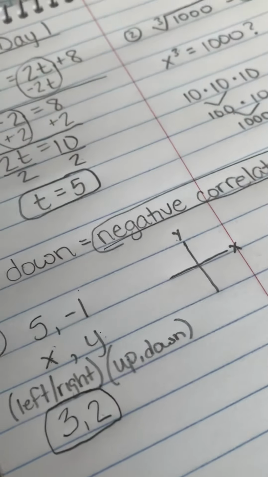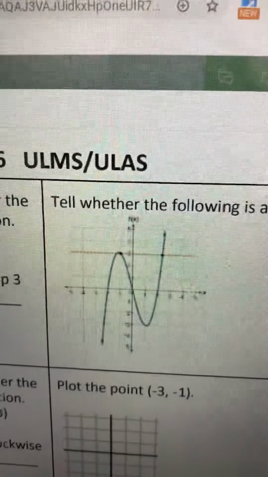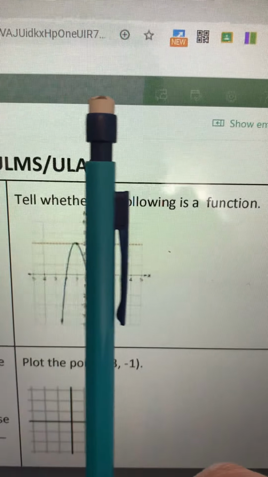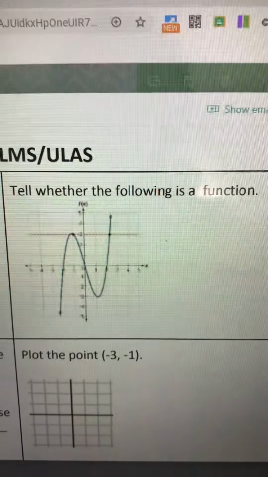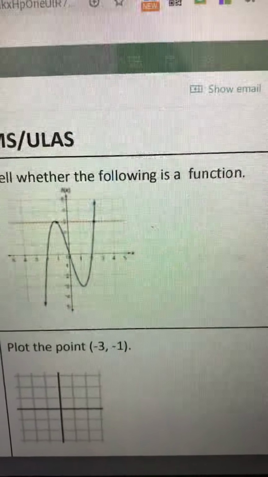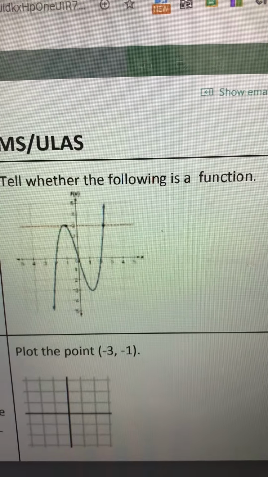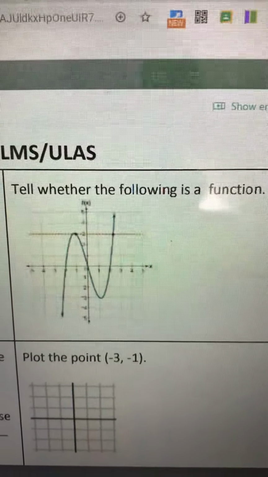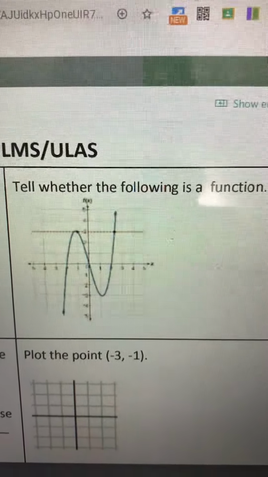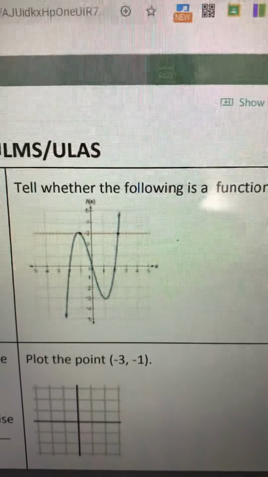And then number 5 says, tell whether the following is a function. We know that when we are looking at a graph, we can see if this passes the vertical line test, and it does. So we know visually that is a function, but we need to remember to always use that vocabulary, that in order to be a function, every input has to have only one output. And we know that is true because it passes the vertical line test. So is this a function? Yes, but we always need to know why,